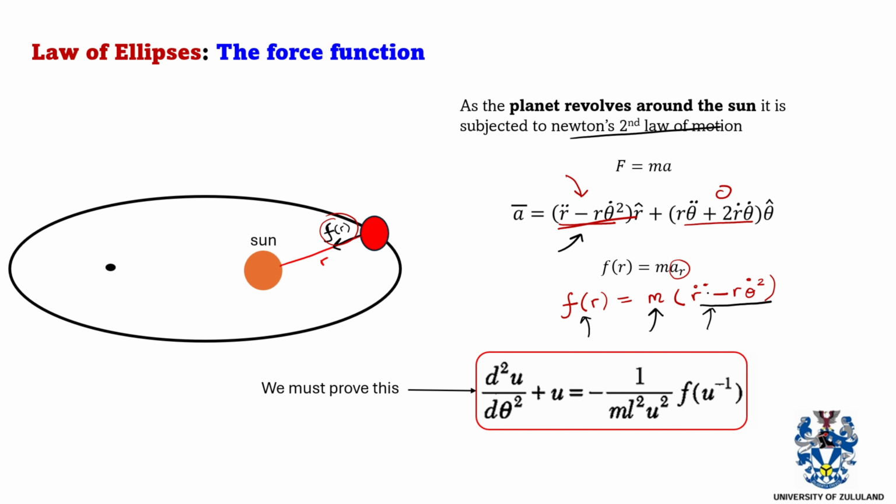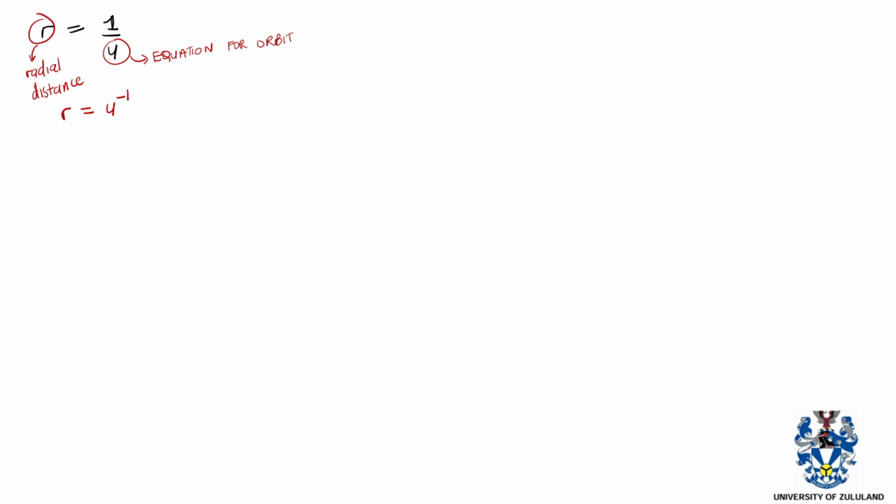So first we need to find r dot, if we know that r is equal to u to the power minus 1. To do that, you're going to find the derivative of this, because remember that when you write r with a dot on top, we mean the first derivative. So let's find the first derivative of this in terms of u. U is actually a function of theta, and theta is a function of time. So we are going to apply the chain rule twice to be able to differentiate this.